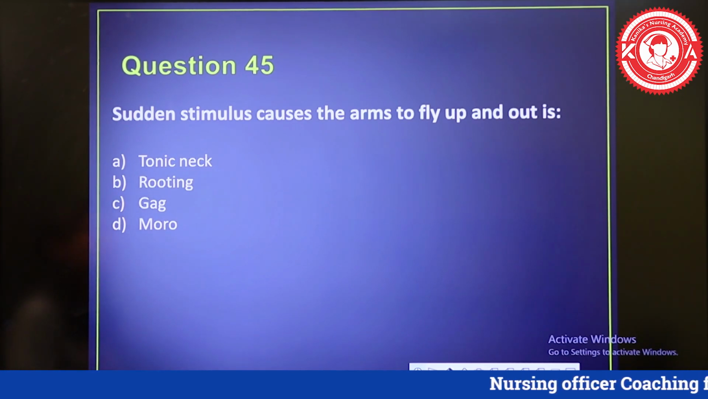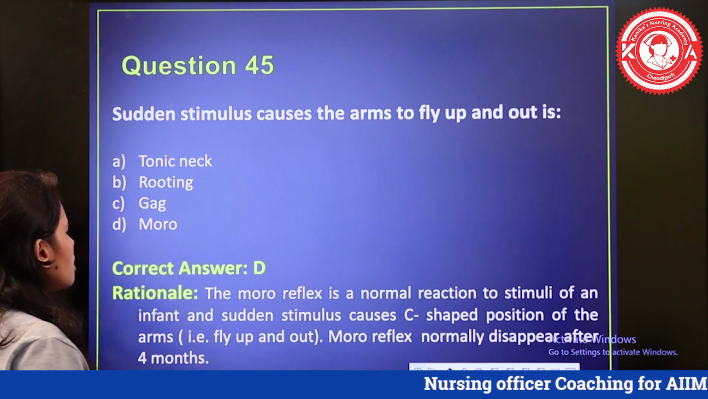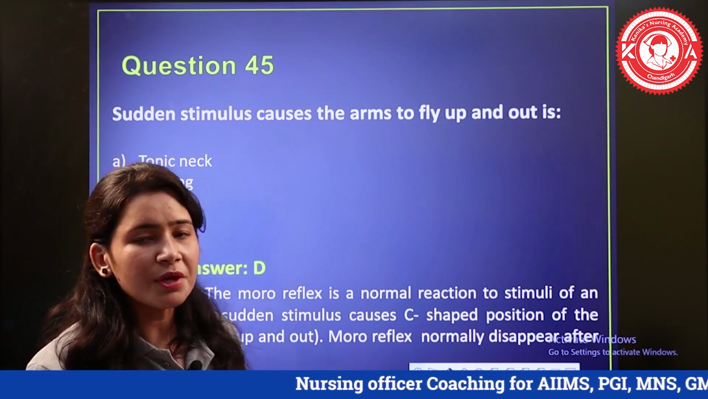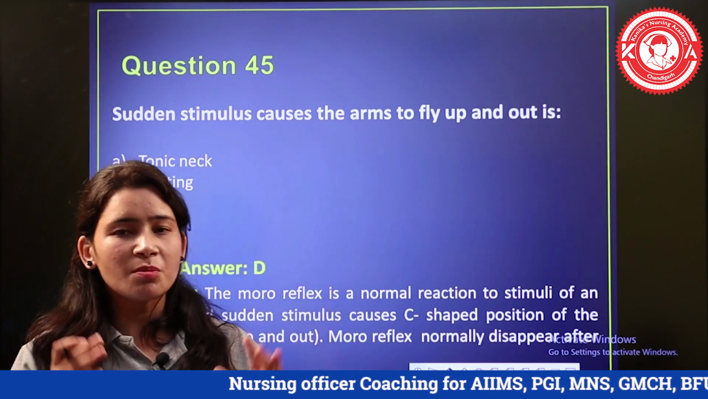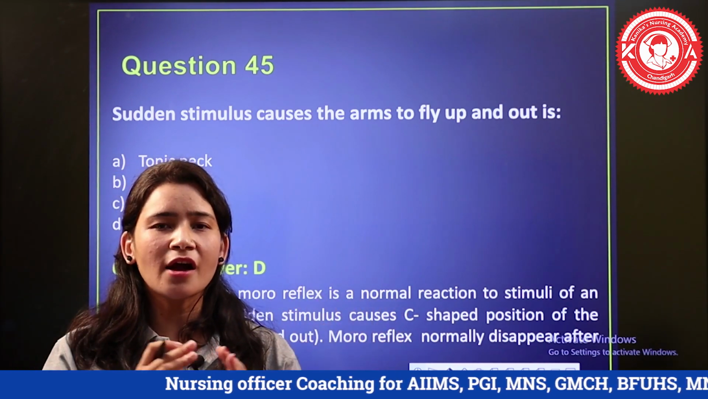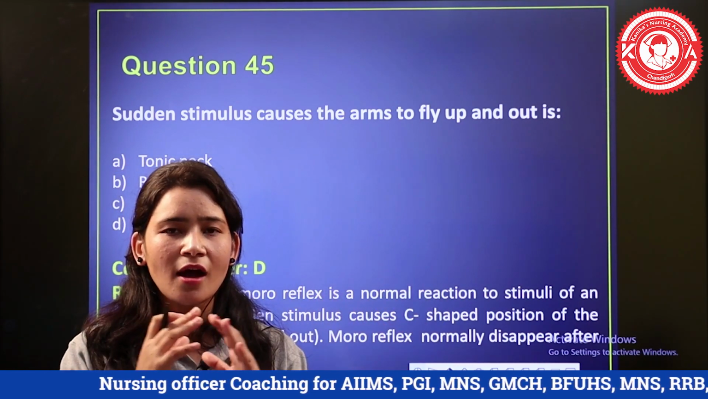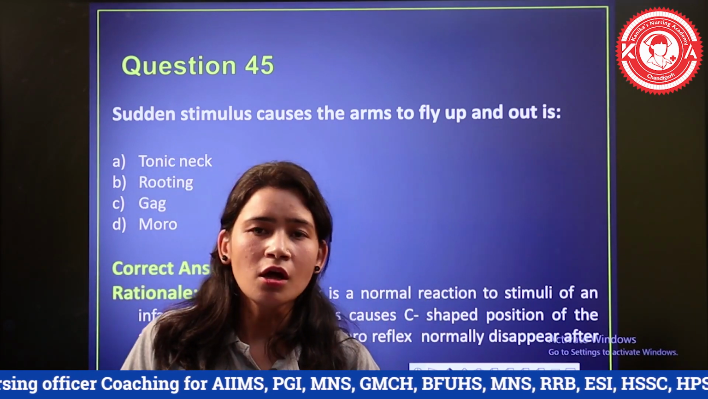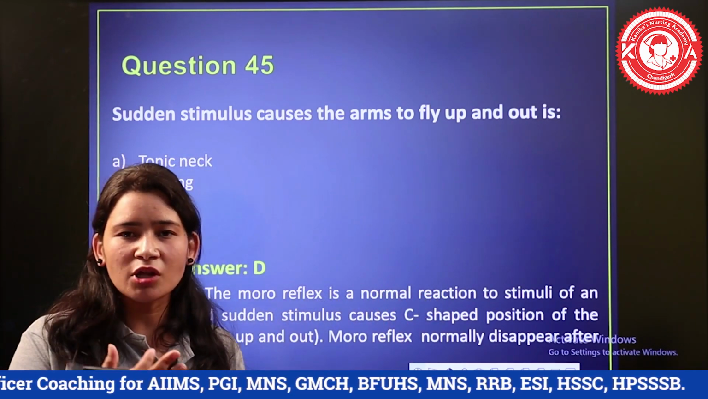So now next question is: sudden stimulus causes the arm to fly up and out is. So right option is Moro reflex. तो सिंपल सी बात है, मोरो रिफ्लेक्स में क्या होता है, नॉर्मल जो रिएक्शन होता है बेबी का वो क्या होता है, जैसे बेबी के पास ज़्यादा साउंड आएगा तो वो क्या करेगा, एबडक्शन ऑफ लिम्स, एक्सट्रीमिटीज को एबडक्ट करेगा, मतलब सी शेप्ड आर्म्स करेगा, दैट इज मोरो रिफ्लेक्स, ठीक है।